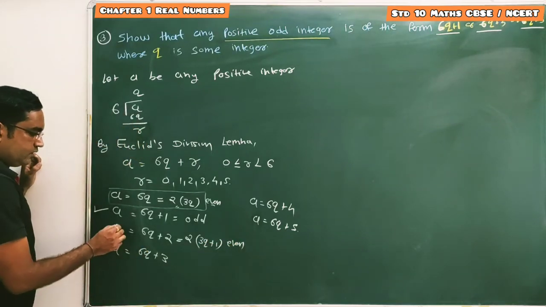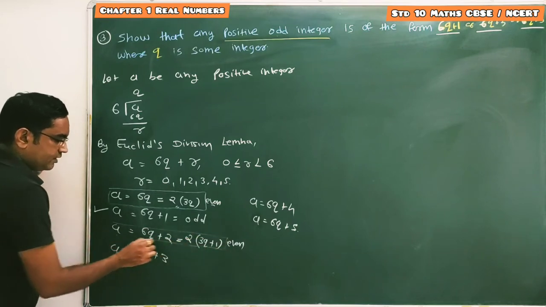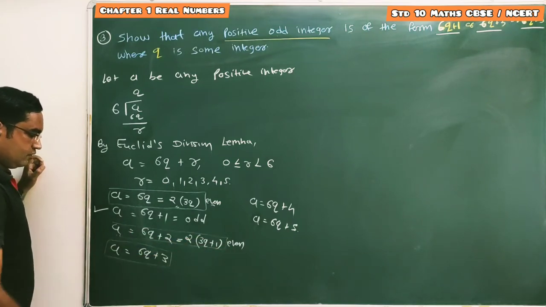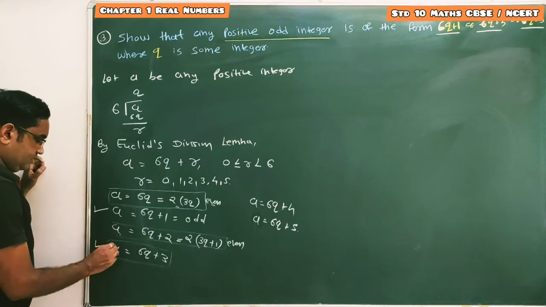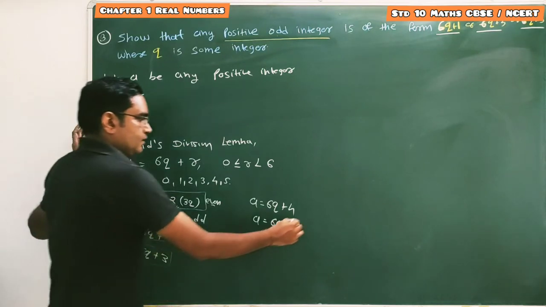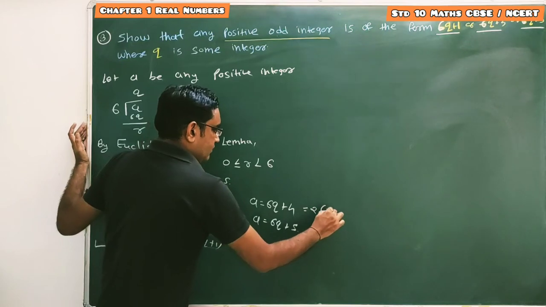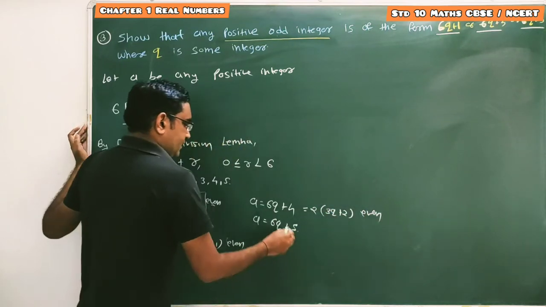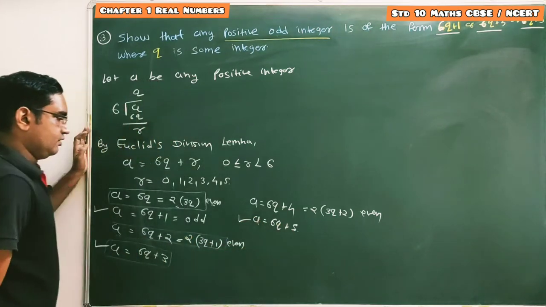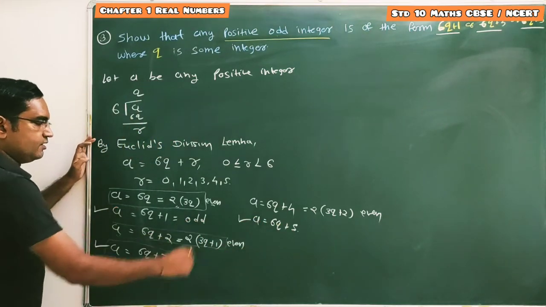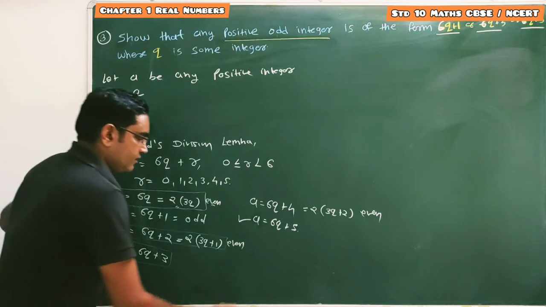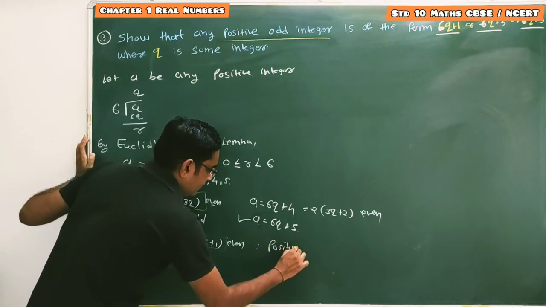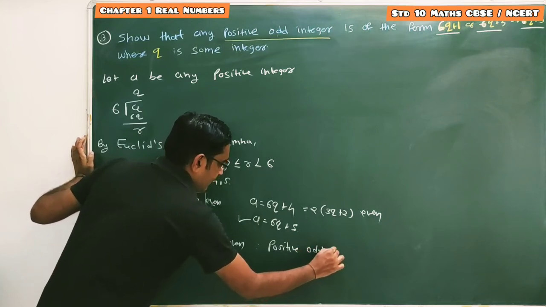So the even number is not of any use to us, we have to represent the odd number. So 6q plus 3, this is an odd number. Now for 6q plus 4 we can take 2 common, so it's 2 times 3q plus 2, which is an even number, and 6q plus 5 is the odd number. So here for these 3 cases a is some positive odd integer. So therefore we can write positive odd integers